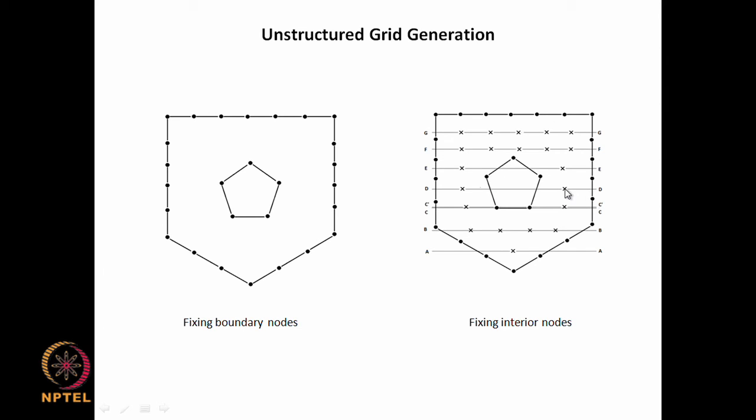an even number of intersections like this, that means that if you have one internal space which is not part of the domain, here you have only this part is part of the computational domain and this part is part of the computational domain. You do not want to put any grid points outside the computational domain, because if you have a grid point, it has to be connected to other grid points to make a triangle. So, if you have a grid point inside here, and then if I join it like this to make a triangle, then part of the triangulated domain lies outside the computational domain, and you will be violating the principle